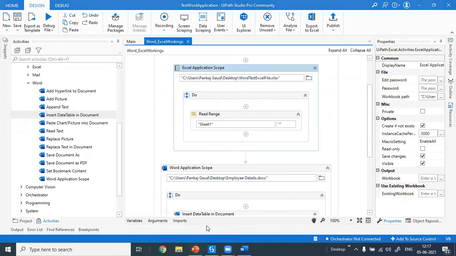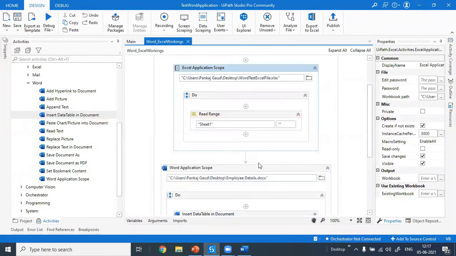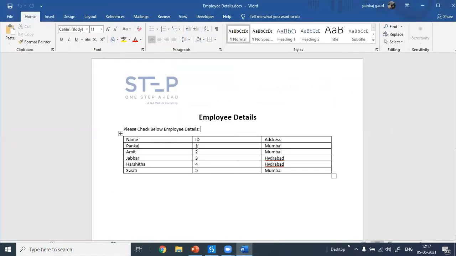So the next use case is replacing some text in a Word document. Consider this is a document, let's say the employee details, and we have to change some details over there.